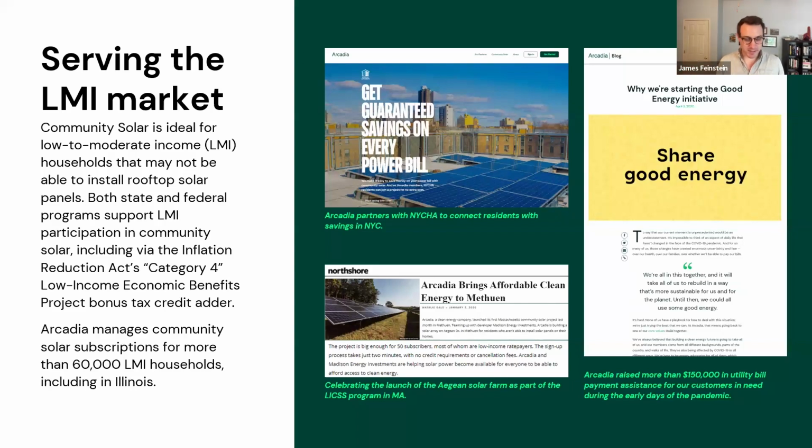take away these peaker plants, which, for those that don't know, over half the power plants in the US operate for fewer than 2 weeks a year. These are the most inefficient and dirty power plants. In New England, because they have so much of this distributed solar, they've made determinations that they no longer need to build additional ones, because this solar energy is covering that additional capacity they expect